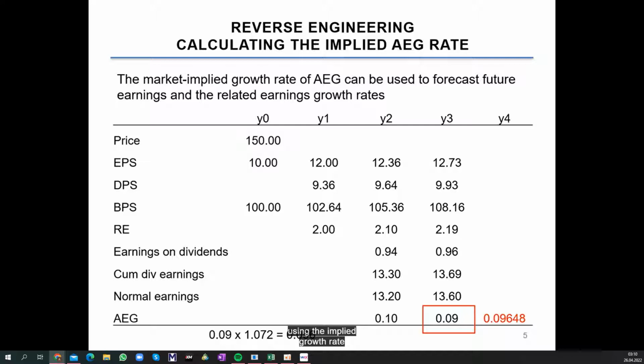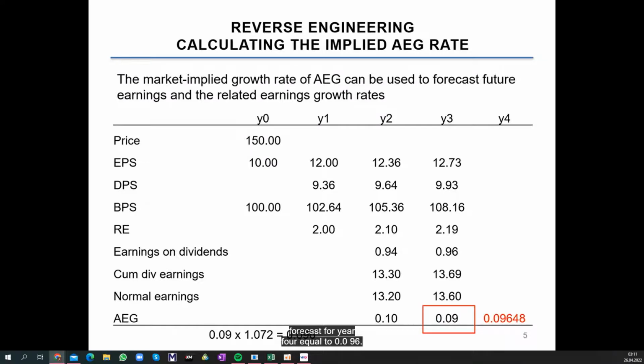Using the implied growth rate in abnormal earnings growth of 7.2%, we can calculate the implied abnormal earnings growth forecast for year 4. This is equal to 0.09, the abnormal earnings growth forecast for year 3, times 1.072. This gives an abnormal earnings growth forecast for year 4 equal to